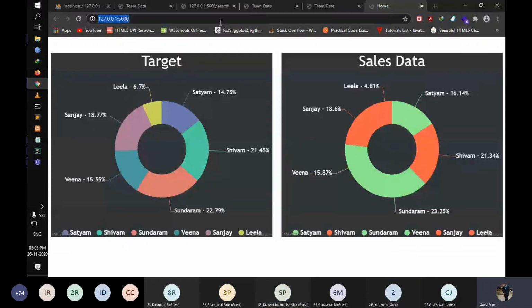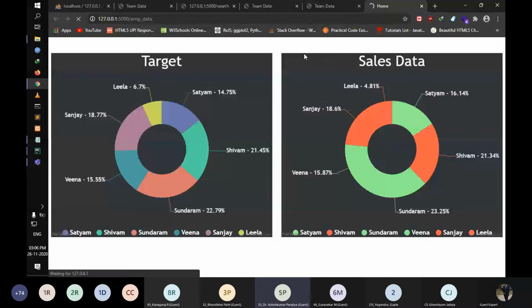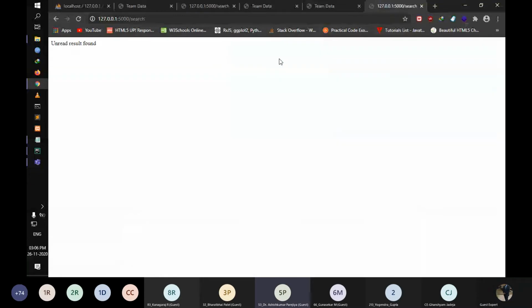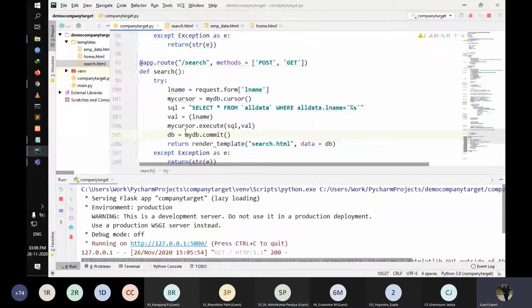We need to commit the value. Write down Satyam over here.